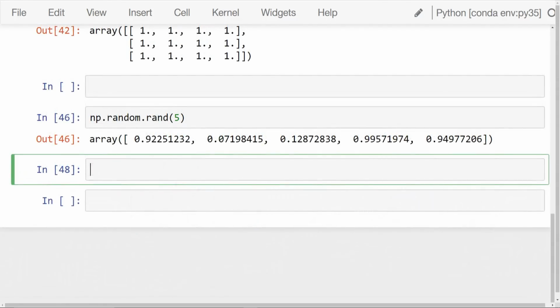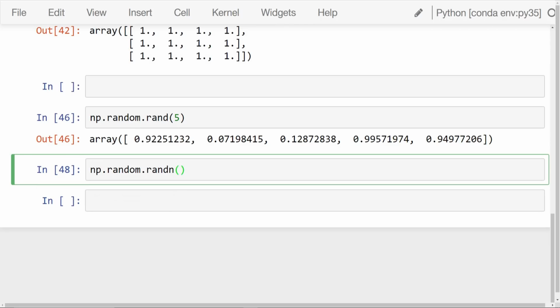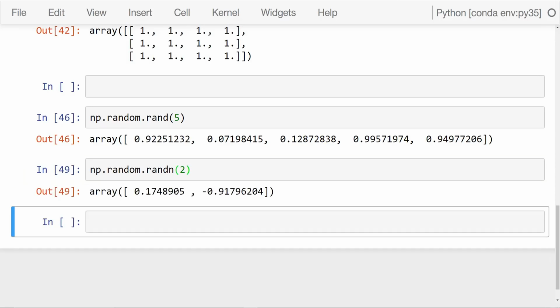Alright, if we want to return a sample or many samples from the standard normal distribution or a Gaussian distribution, instead of using rand, we can use randn. And that means I can say np.random.randn, and this will return numbers not from a uniform distribution from 0 to 1, but instead from a standard normal distribution centered around 0. And that means I can go ahead and pass in 2, and I get 2 random numbers